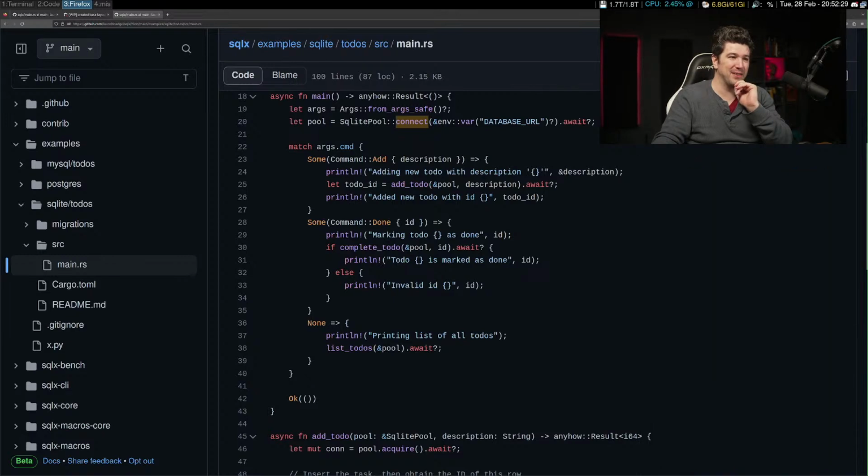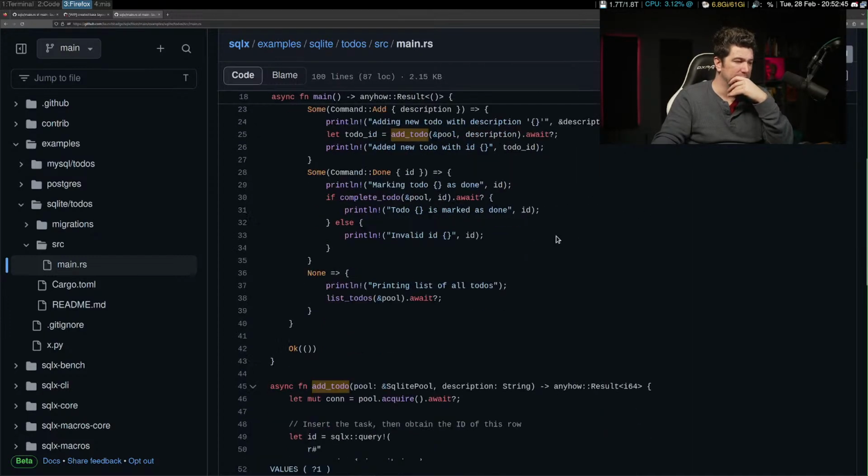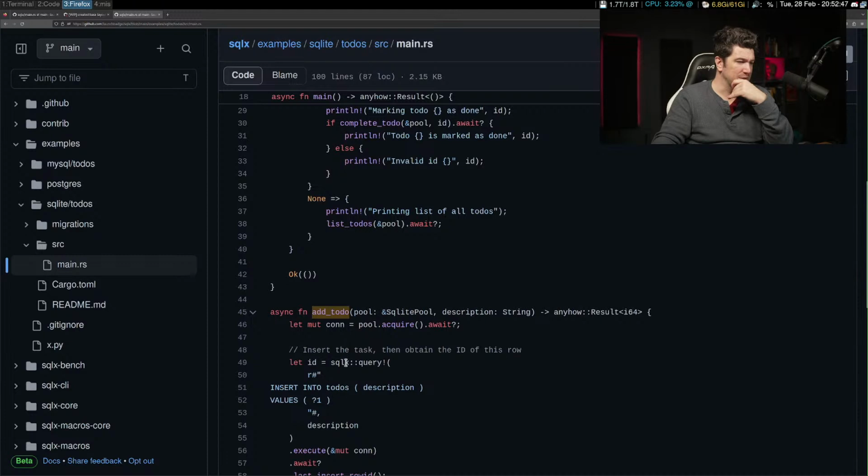This new code and code search is amazing. I'm getting used to it though. But I'm actually quite impressed. All right, so this is what they do. They do this SQLX query, and they call the pool.acquire. Okay.